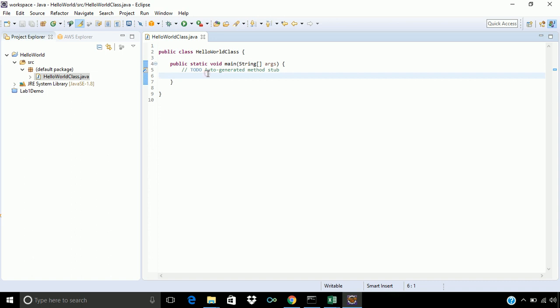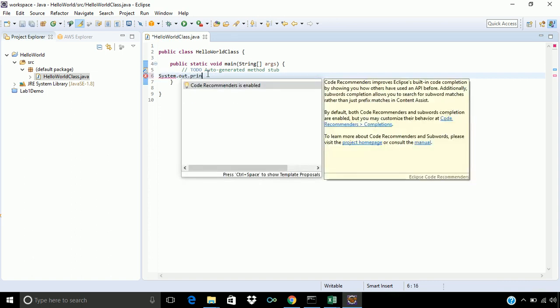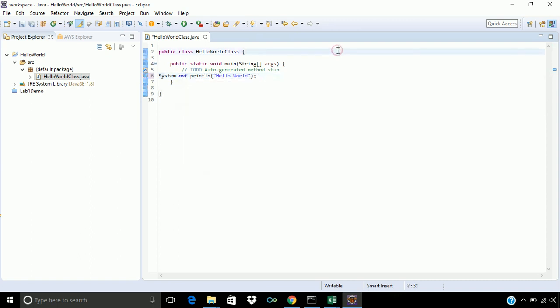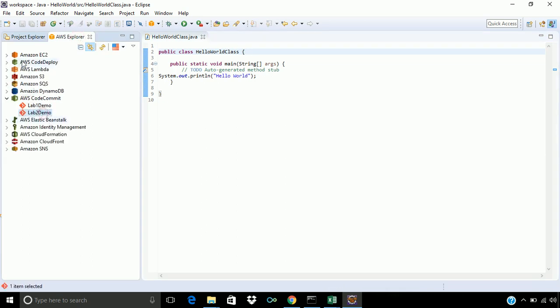Now we are just writing System.out.println hello world. This is the basic hello world command. Now let's save it, and now we want to check in this file to the repository lab2 demo.